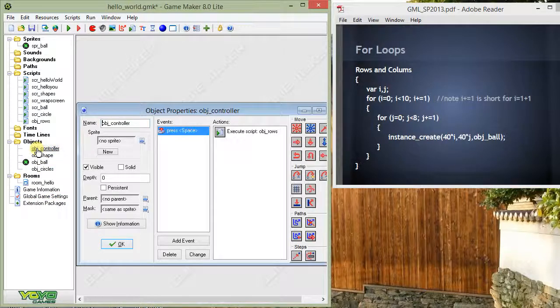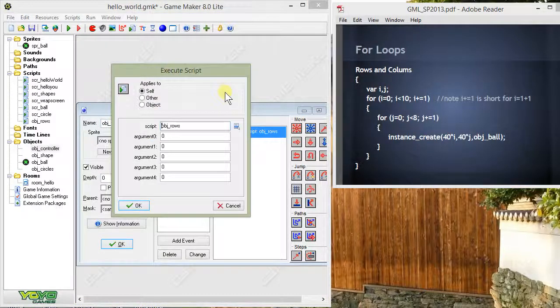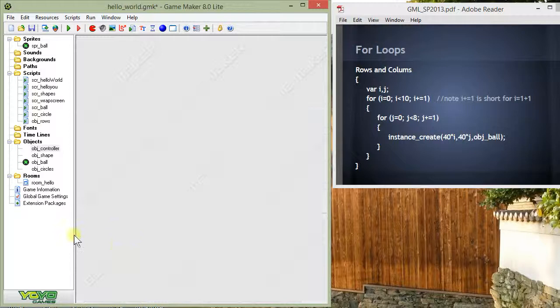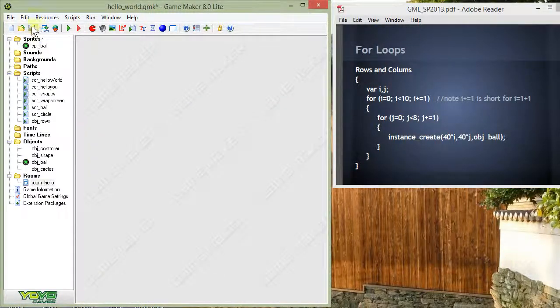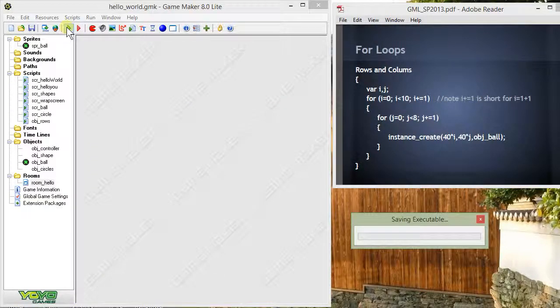Then going back to our object controller and our space event, under the execute script action, we just need to choose that script, which I called object rows. Go back into our room. I'm going to delete out our circle objects, and instead I'll add a controller object. So let's see how this works now. We should be able to draw